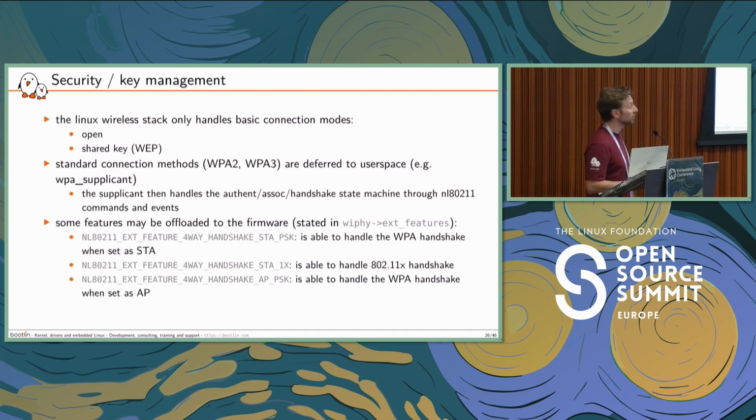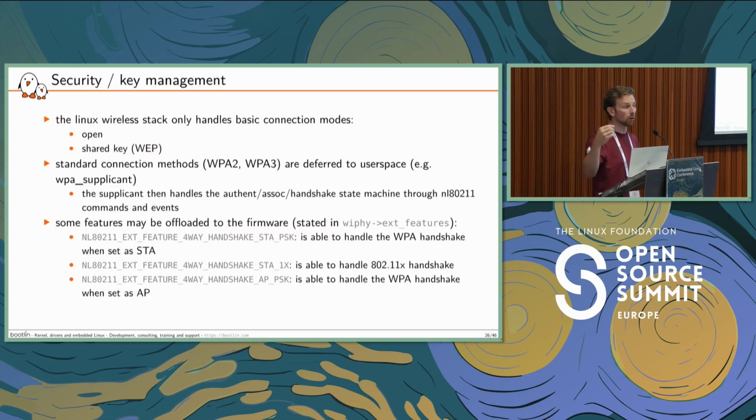You rather should use some WPA2, WPA3, some more modern standards to connect to your access point. This is not supported by the kernel. This is deferred to user space. So you need a supplicant on the user space side to handle all those operations. There are some handshakes to perform, which will negotiate some cryptographic keys to encrypt the traffic and so on. And so this is deferred to user space.